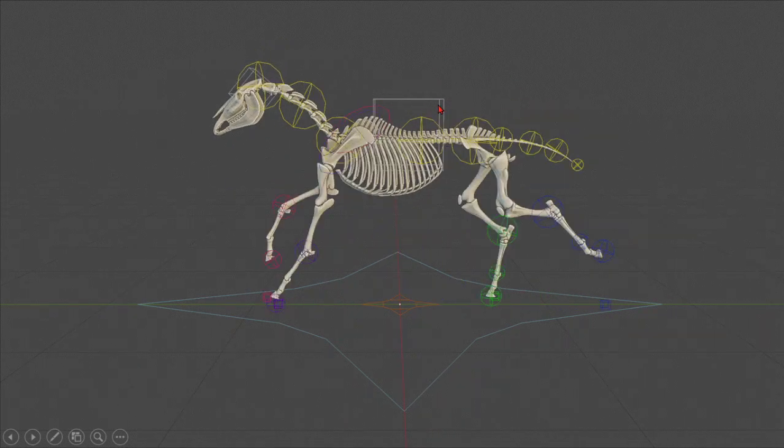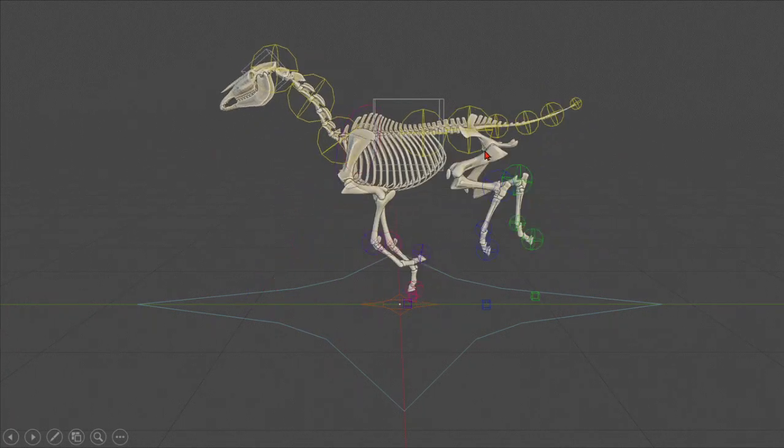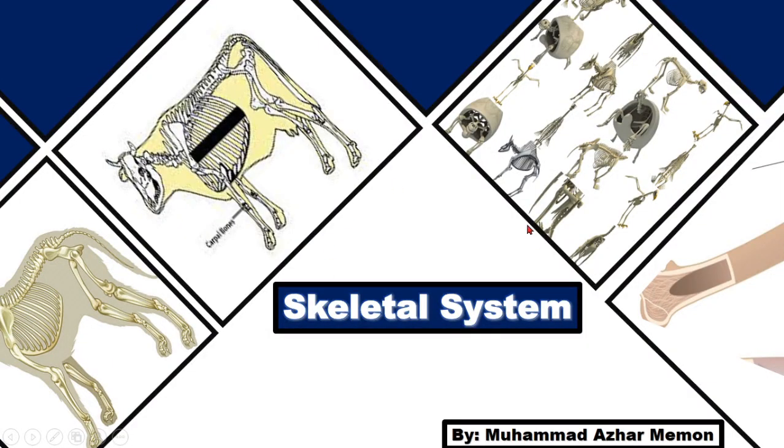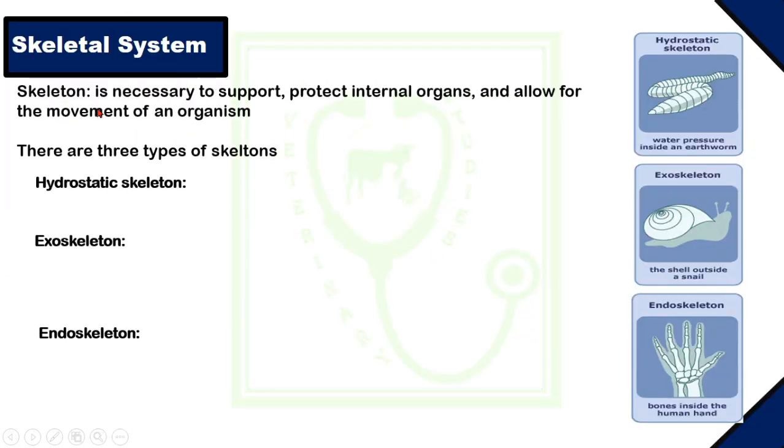This is a series of lectures on veterinary anatomy. I am Mohammad Azhar Mehman and today I am going to tell you about the skeletal system. The skeletal system consists of the skeleton. Skeleton is a framework that is necessary to support and protect the internal organs and allow for the movement of an